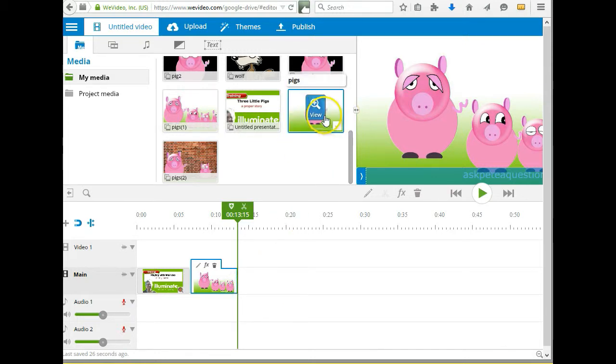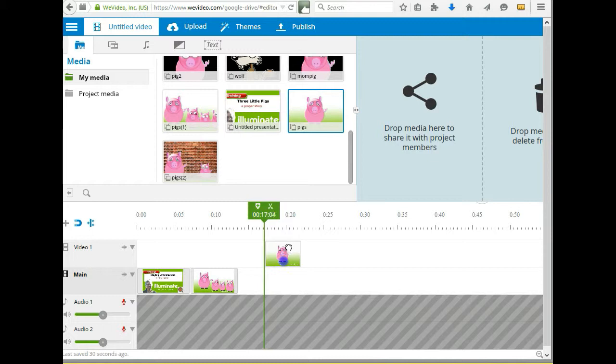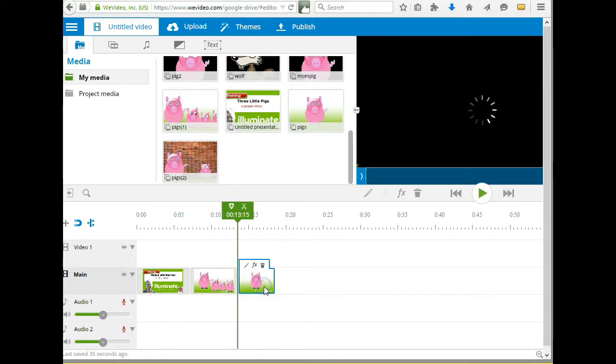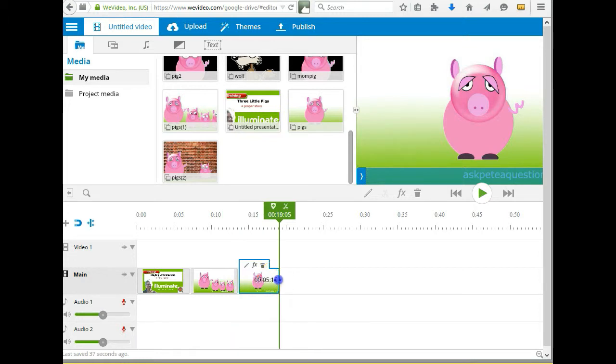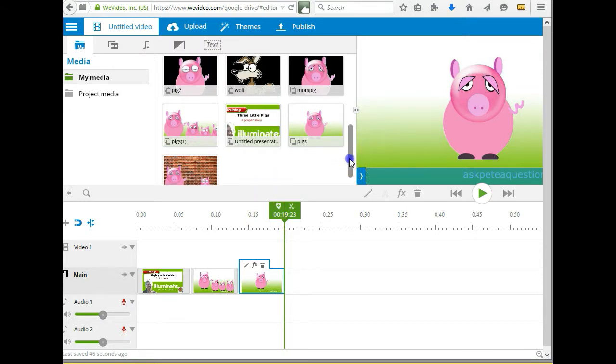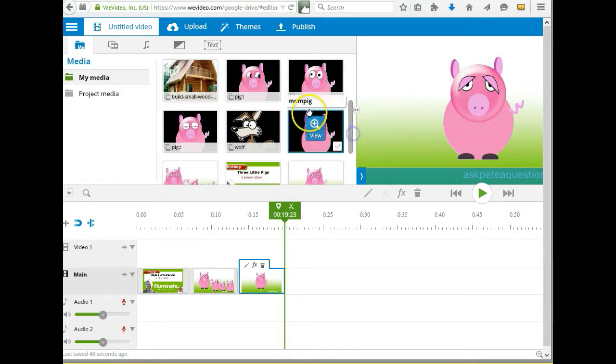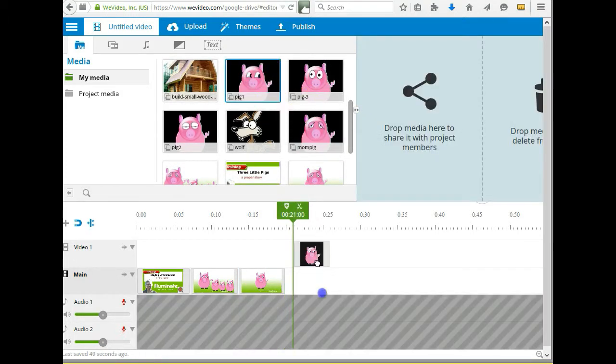And then I'm going to bring down the image of Mummy Pig so that she makes an appearance onto the screen as well, and so that she's actually going to have a little bit to say at that point. So we'll give her a little bit more space in which to speak. And then what we're going to do is have the little pigs all wandering off. So we've got the first little pig, and the first little pig is here,